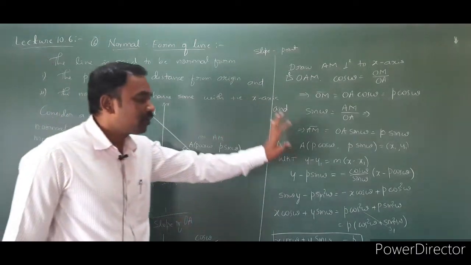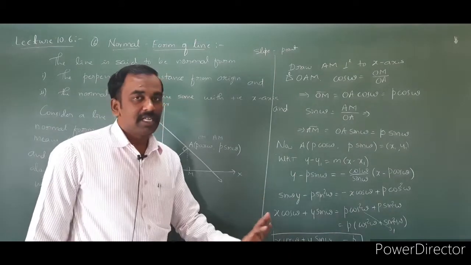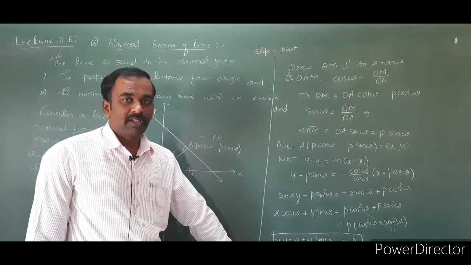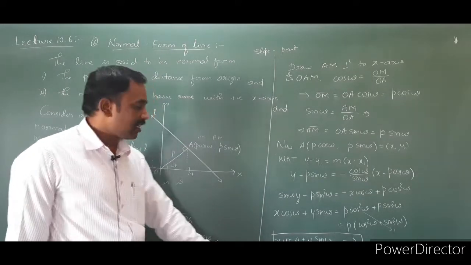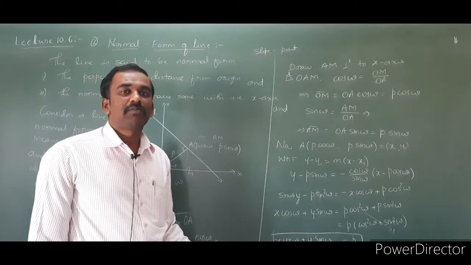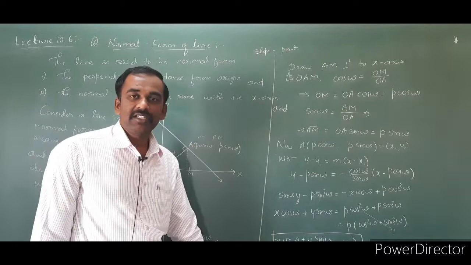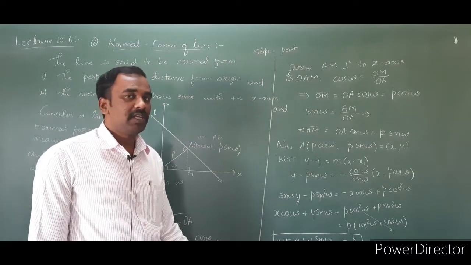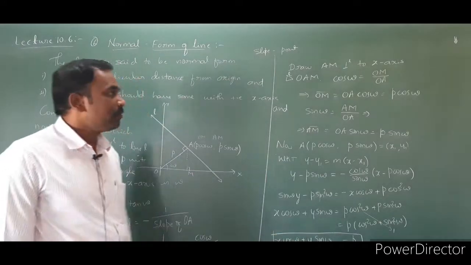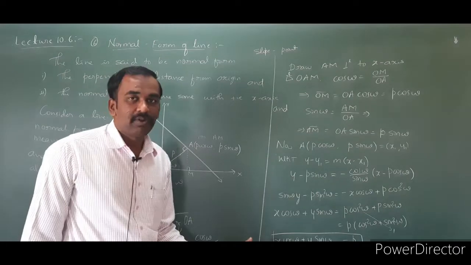This proof is very important, and most of the time it is repeated in the examination. It is asked for 3 marks, or sometimes 5 marks. They will not ask a particular example. If they ask a particular example, it is 3 plus 2: derivation 3 marks, problem 2 marks. If they do not ask any problem, the full derivation is 5 marks. Most of the time only the derivation is asked. Are you clear? These are totally the 6 forms.